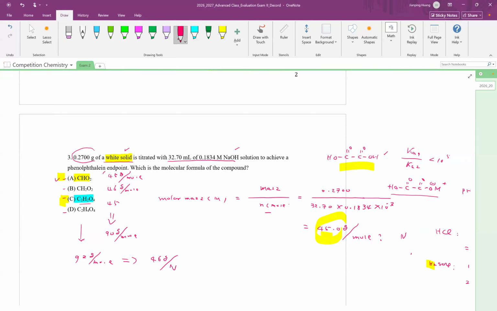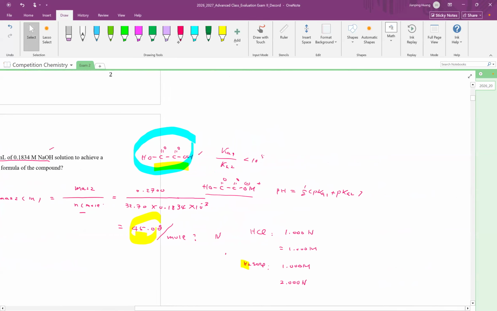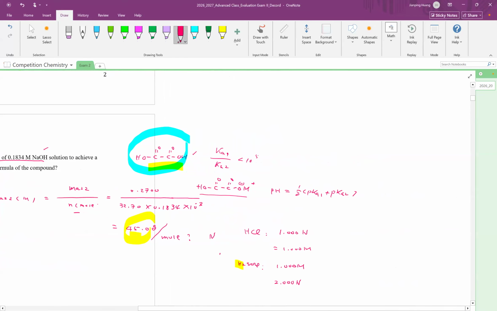So it's oxalic acid. Remember, oxalic acid, people love it in the exam. Believe me, you look at next year and the following year, you see it all the time. It's a primary standard, a primary reference for acid-base titration and redox titration. With the titration curve, you will not see the first equivalence point. Why? Because